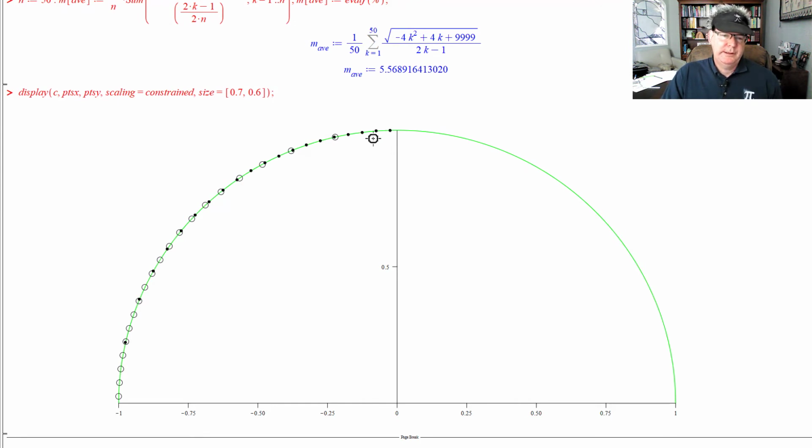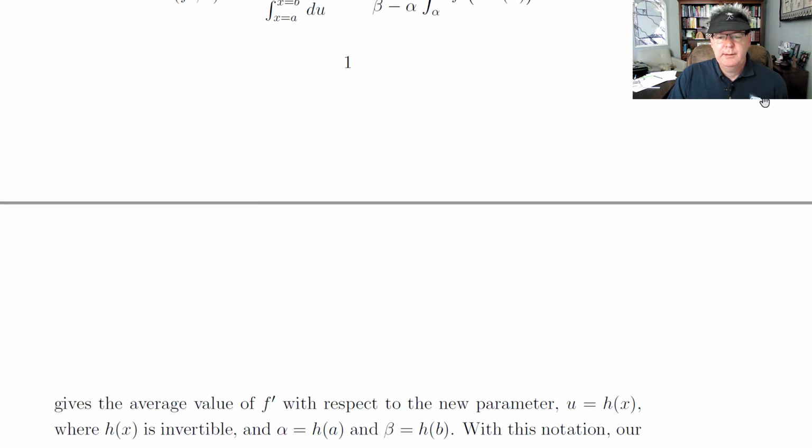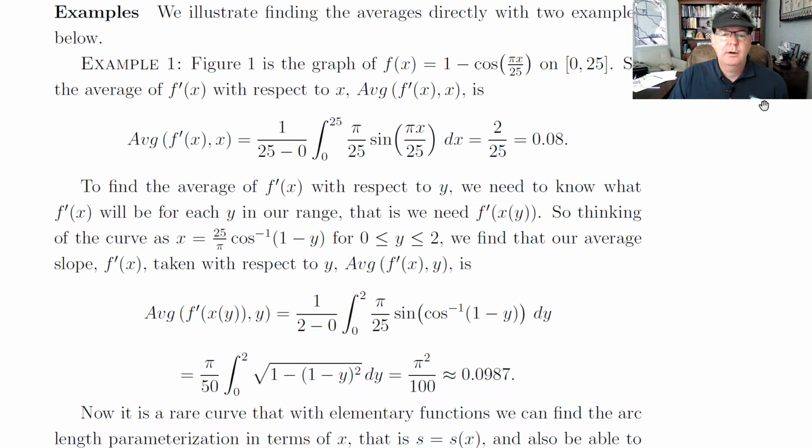So again, what we're doing is we're taking points equally spaced either with respect to x, s, or y, finding the slope at those points, averaging what we get. And then we want more and more points equally spaced. And we get different values. So if I go back to the work,